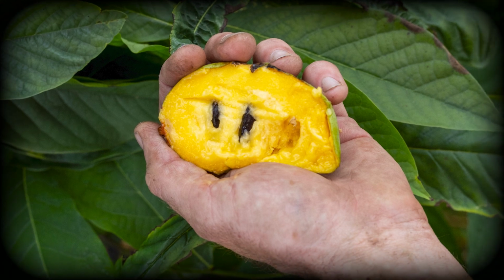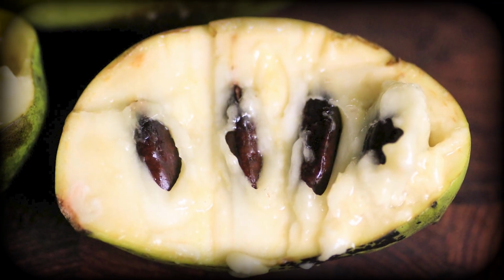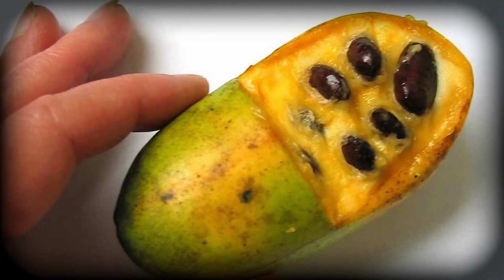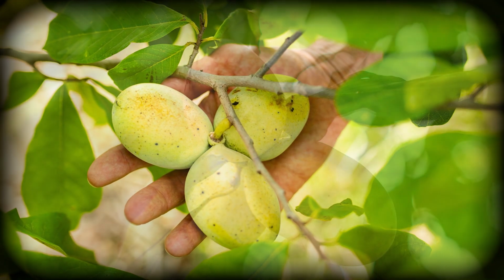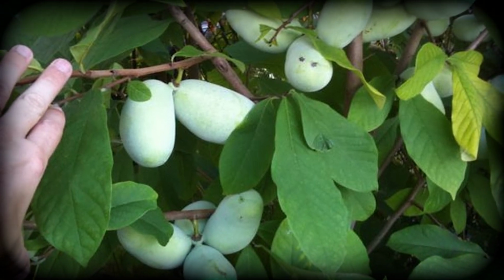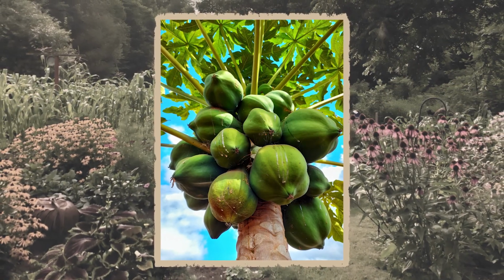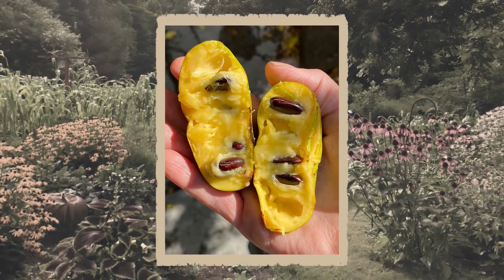Native Americans relied on Paw Paws as a major food source, and early settlers quickly learned to appreciate their rich, nutritious flesh that could sustain families through lean times. The trees are remarkably low maintenance, thriving in partial shade where other fruit trees struggle. They're naturally pest resistant, rarely requiring any chemical treatments, and can produce fruit for decades once established. A mature Paw Paw tree can yield 35 to 60 pounds of fruit annually, providing enough for fresh eating, baking,